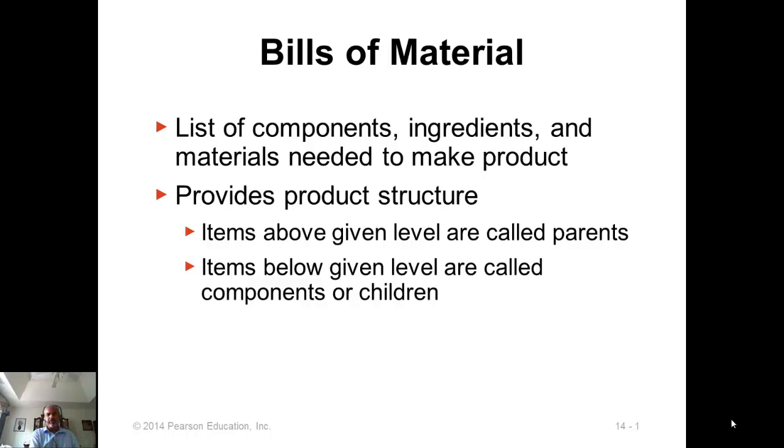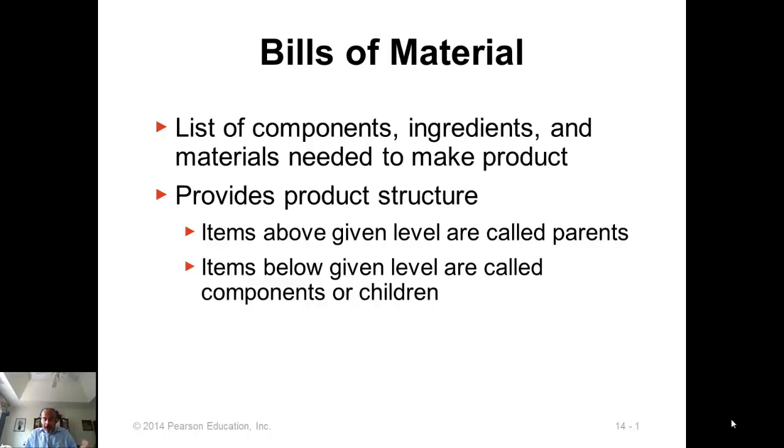Either it is partially completed work in process inventory items or raw materials that are needed for the production of the end item. And it is not just simply a list of items, but it is a structured list of items. For example, let's say we are manufacturers of bicycles. So you take the bicycle as the final product. Now break that bicycle down into the different products, okay, but not simply a list of products, but a structured list in a way that indicates how the final product will be put together.